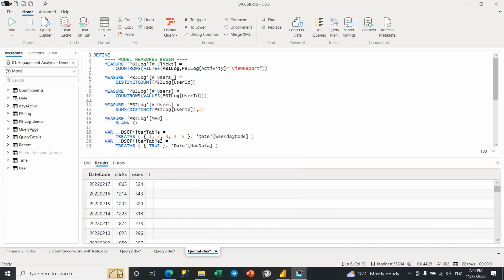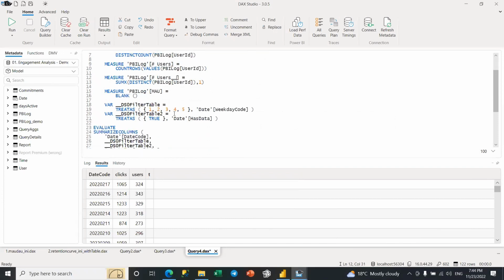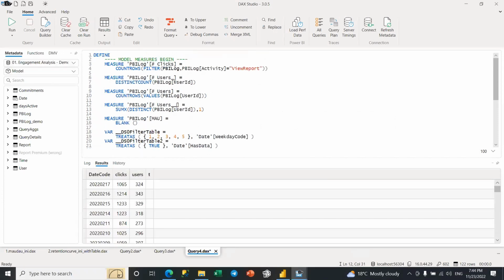All of them are giving the exact same result. So if I go to users here, same result. If I just remove this underscore, same result, okay? So let's keep the first one and the second one commented.